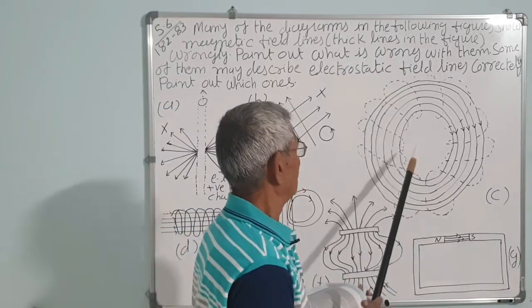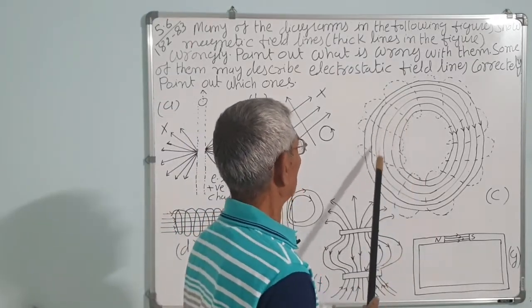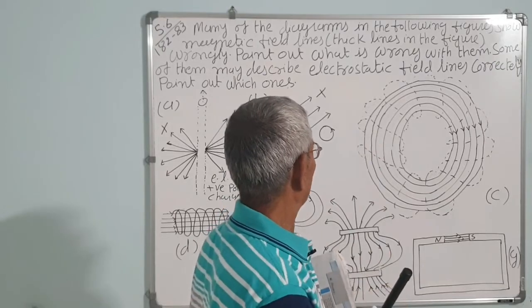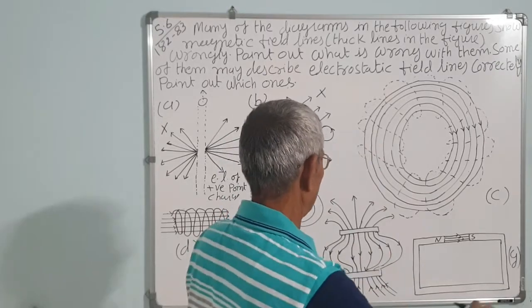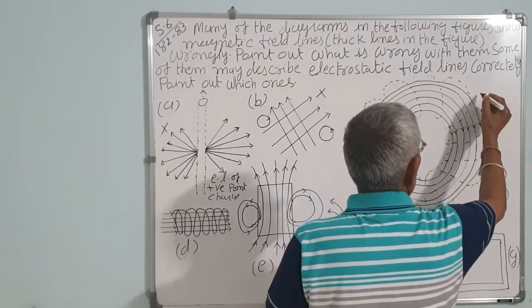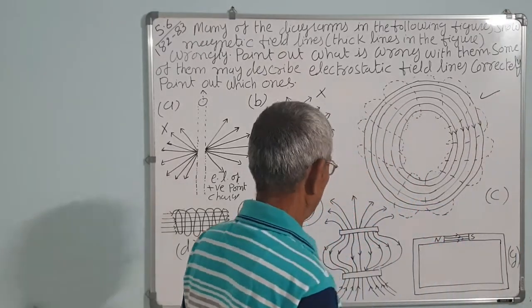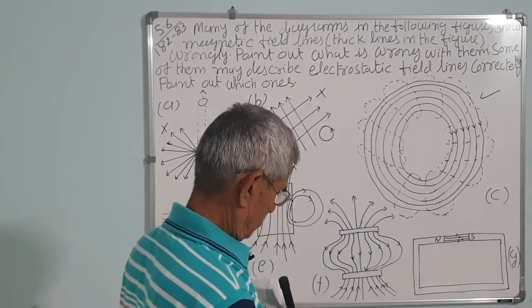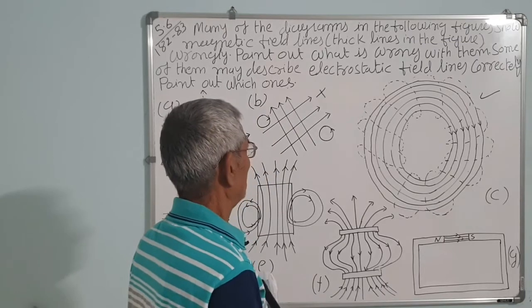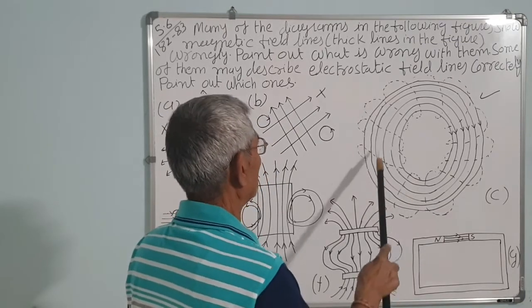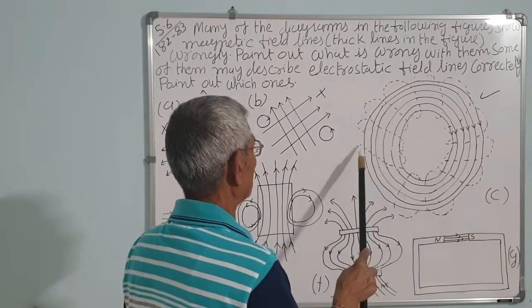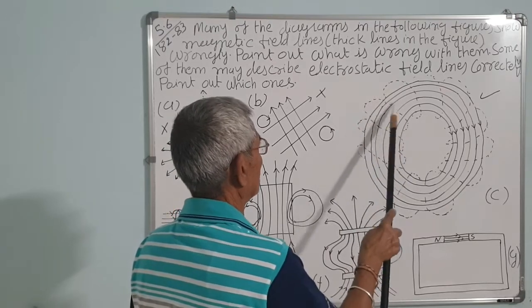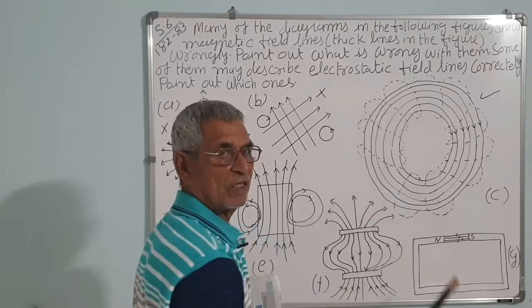Now see the toroid and solenoid. This is also correct. The magnetic field is confined along uniformly. This is also a correct one. They are confined within the current. The current is flowing in this. These are the copper wire turns in which the current is flowing.